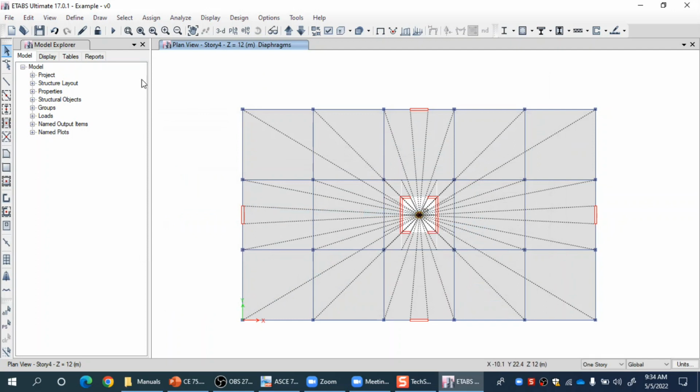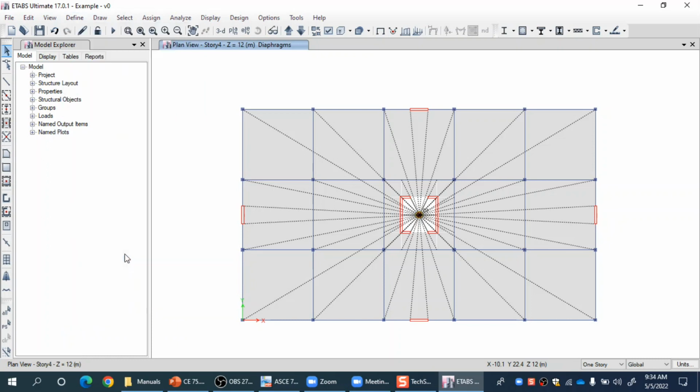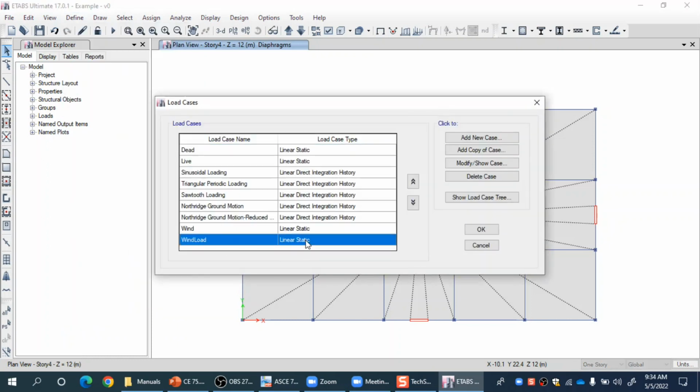I have already defined a wind load pattern, and if I go to define and load cases now, I will see that one load case for this particular pattern is already defined by the program. So when I define a pattern, the load case for that pattern is already defined. So the wind load case is already defined. I can modify that to review that case,